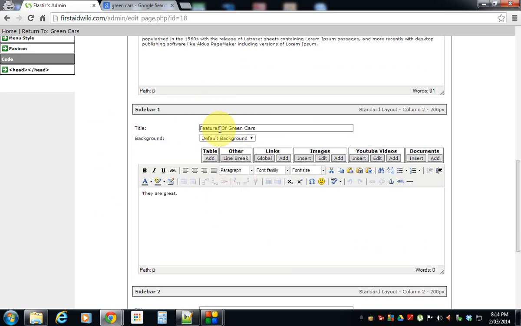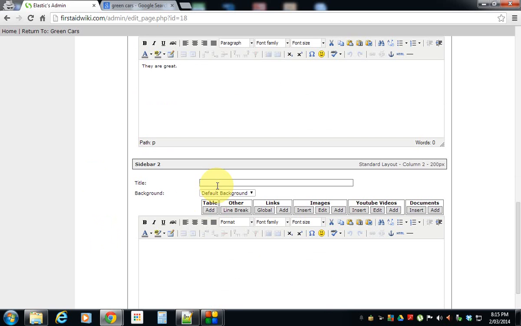So for example, here I put features of green cars, so on all pages I might make sidebar 1 the features section. Sidebar 2 can be the costs of green cars. So sidebar 2 is going to be my costs section on each page. Now this will be determined by the topic of your website. It might be contact us, it might be specific tips and hints for that page. It's up to you, but try and be consistent so that your user, the person reading your website, gets a